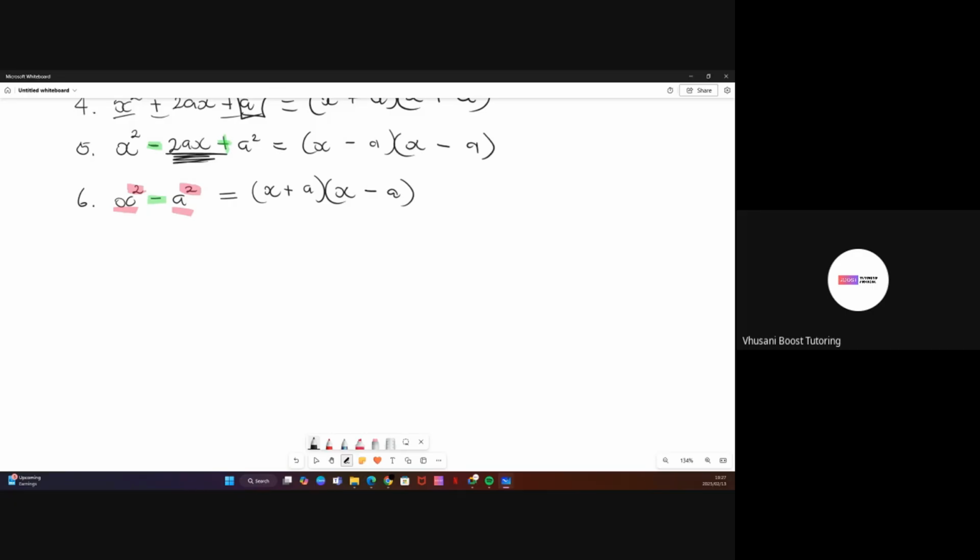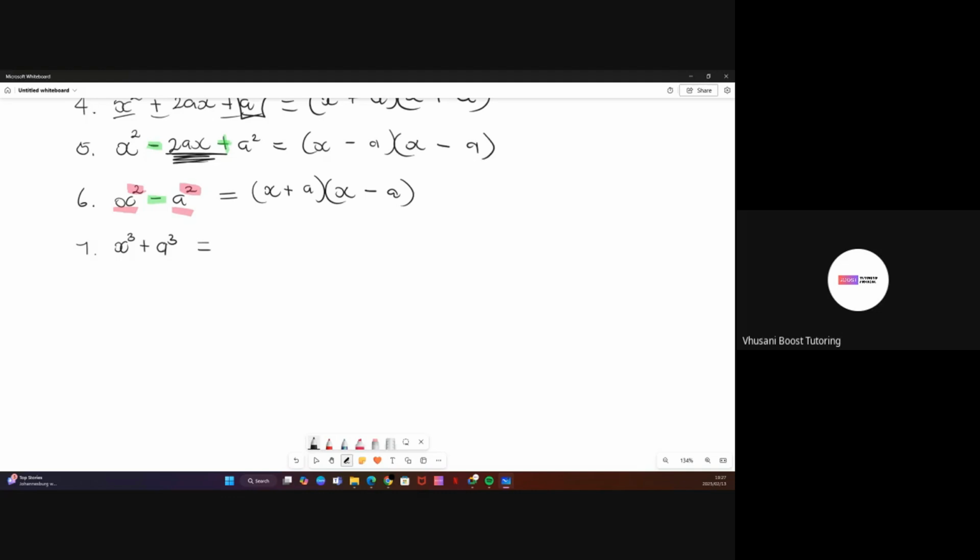So let's head over to the next one as well. We have number 7, which is x to the power of 3, or x cubed, plus a cubed, right? And then they just want us to factor this, right? So factoring this, guys,